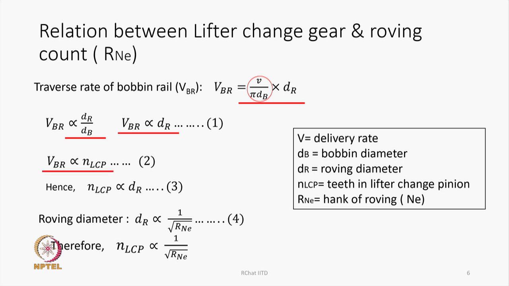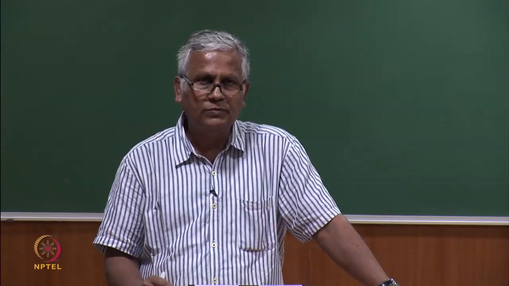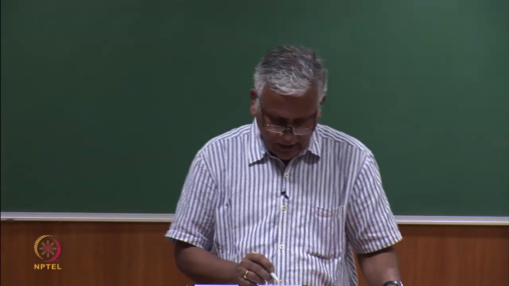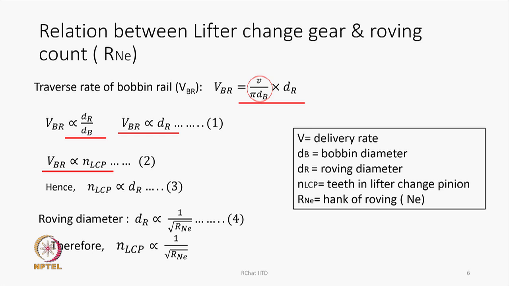Now, VBR is proportional also to NLCP, where NLCP is the teeth in the lifter change pinion, because lifter change pinion is a drive gear. Because it is a drive gear, the more the teeth, the more is going to the VBR. Therefore, we can say that VBR is directly proportional to NLCP. LCP stands for lifter change pinion, and N stands for number of teeth in it. So, both are proportional. Therefore, NLCP should be proportional to dr, that is diameter of the roving,